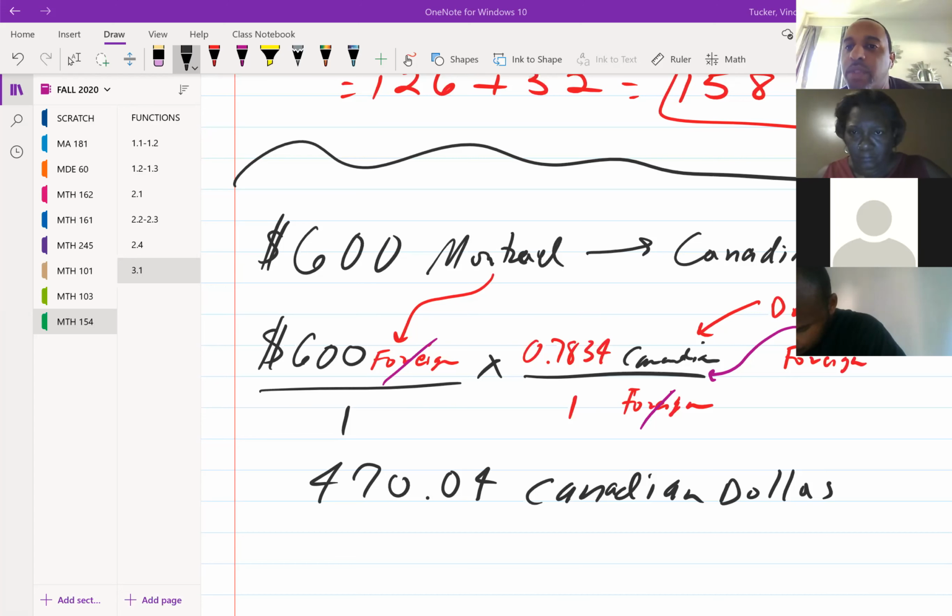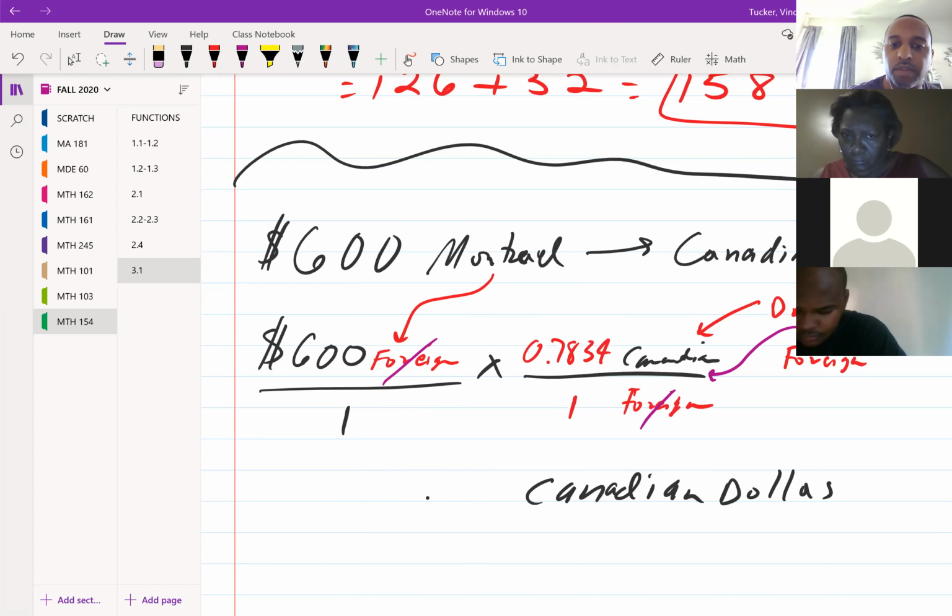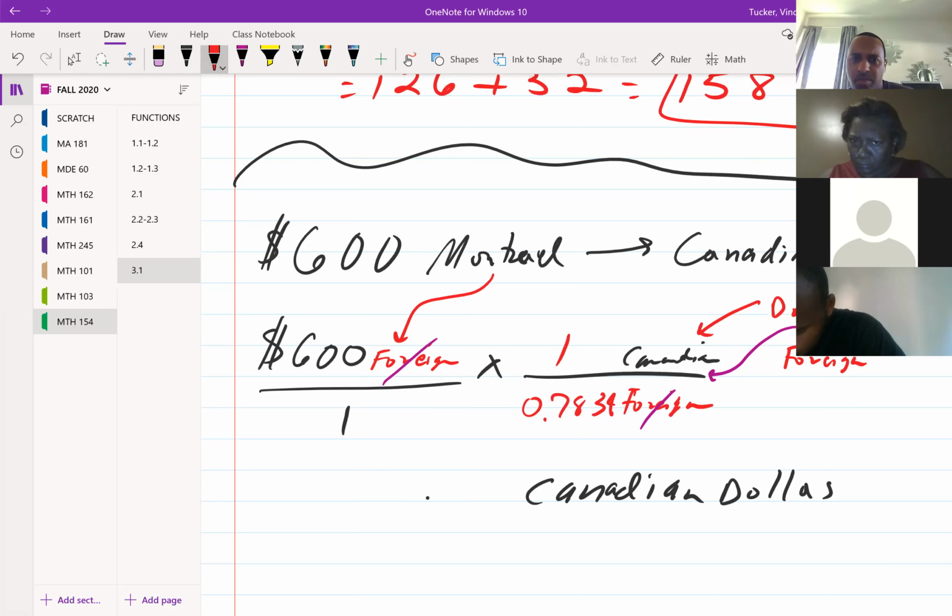Dollars per foreign, right? 0.7834. Do I have a mix? I used the right conversion factor. I'm trying to see why. Canadian dollars per foreign, because really the way they have it set up, the 0.7834 should go down here. But that's not how I'm reading the chart. I'm trying to make sure I'm interpreting this chart properly, because 600 times